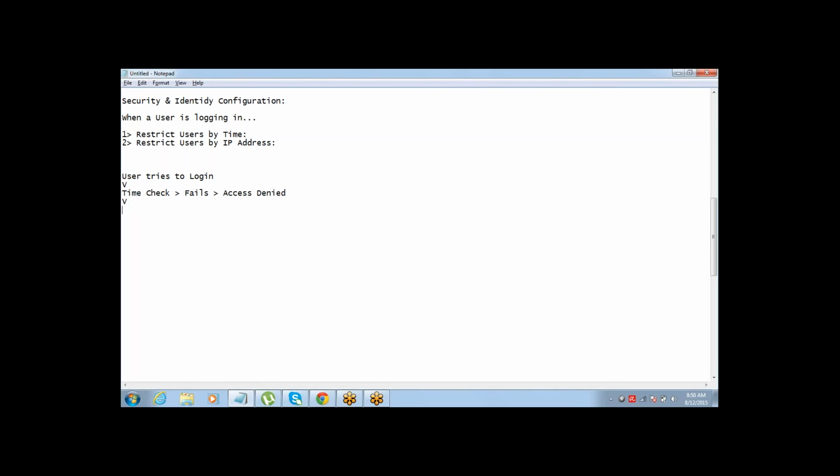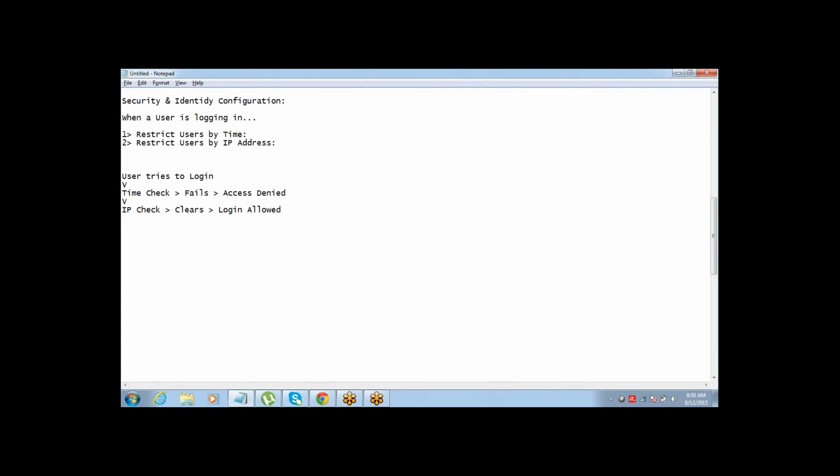The next level of check which happens is the IP check. If the time check fails, then the access is denied. If it does not fail, then it goes to the next level of check, which is the IP address. If the IP address check gets cleared, then login is allowed.